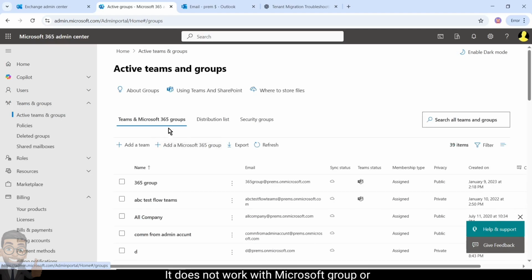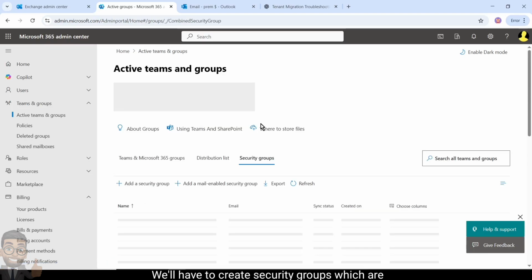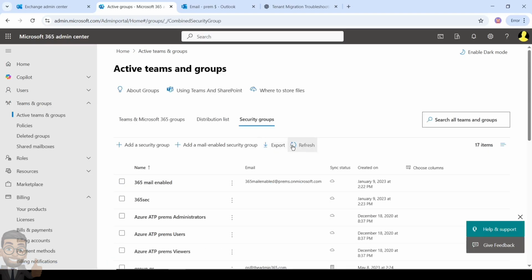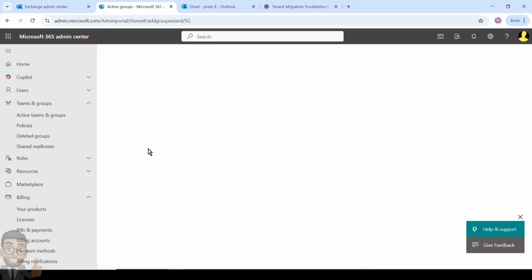It does not work with a Microsoft group or distribution list. We'll have to create security groups which are not mail enabled. So we'll create one by clicking on add a security group,